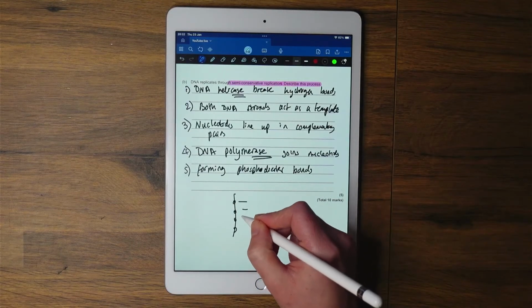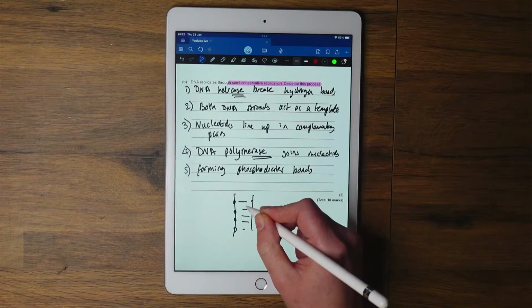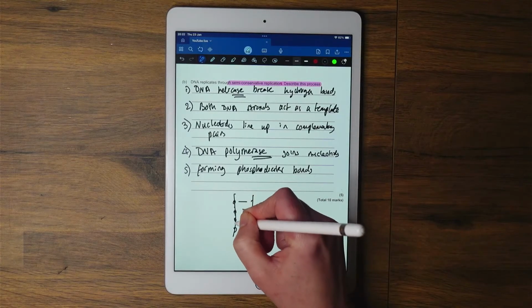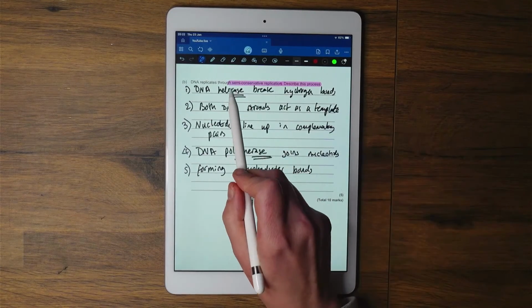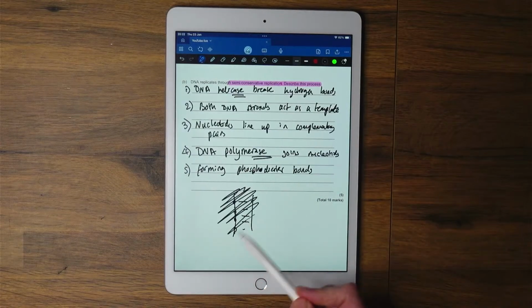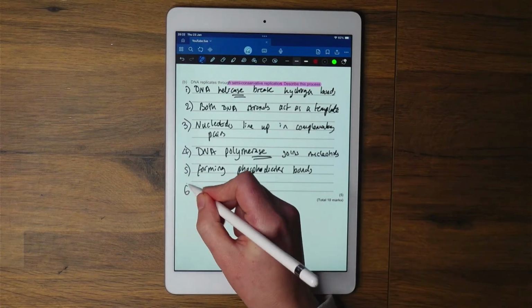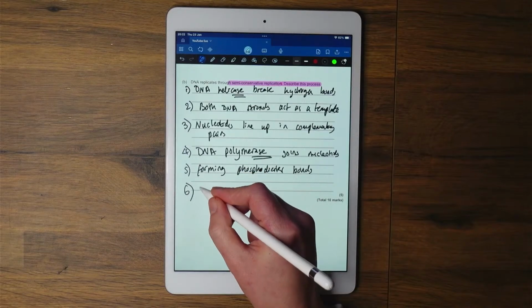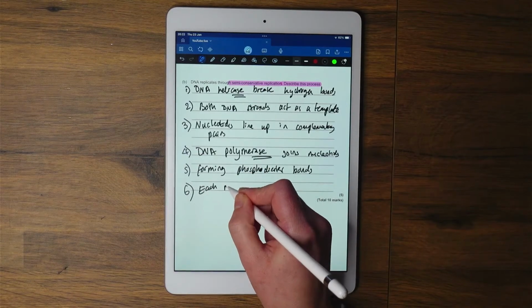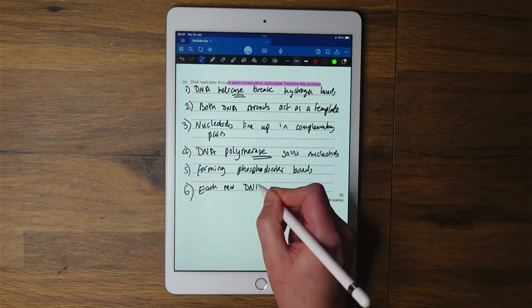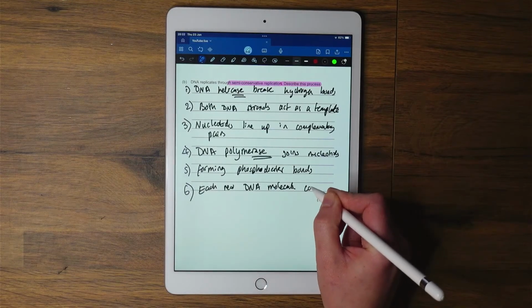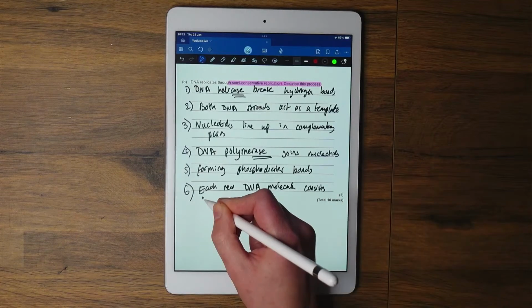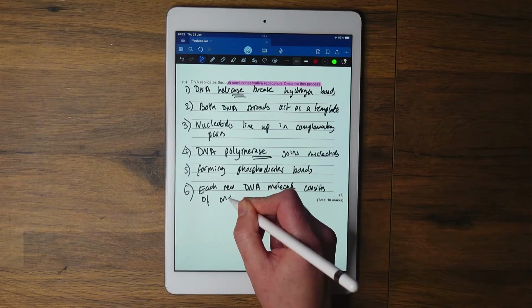These bonds between the nucleotides are phosphodiester bonds. Right, we've got 5 marks. Although I'm going to add an extra one because it says semi-conservative. So I'm going to talk about the fact that semi-conservative means each new DNA molecule consists of one original